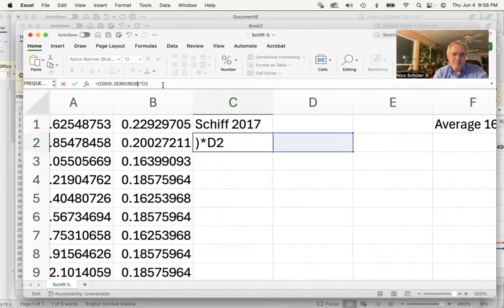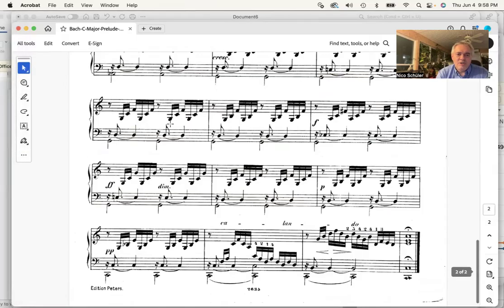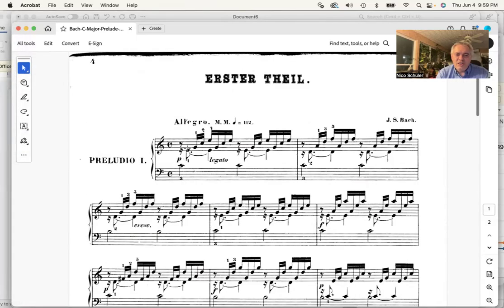Okay. And then, of course, I want to have this based on B1. So I calculate that by B1. So the formula is equals, opening parentheses, 100 divided by the average inter-onset duration of the 16th, closing parentheses, multiplied by B1, and then I hit enter. And now I have the first inter-onset duration, which in the music is from this C to this E,